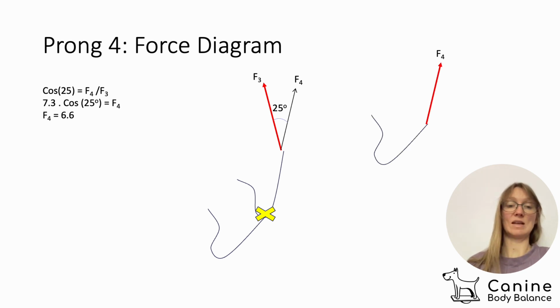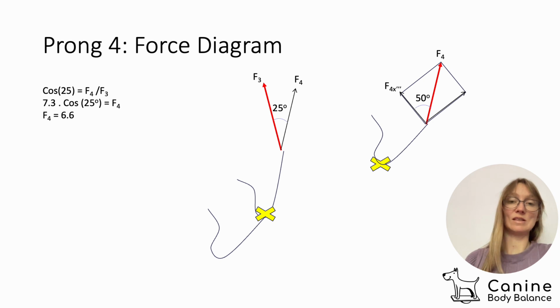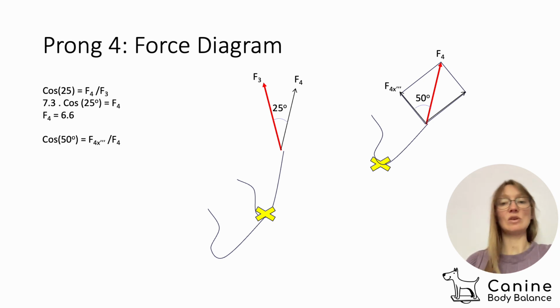So if I bring prong link number 4 over to the side over here, and then I apply F4 to its point of connection with prong link number 3, then we can start to figure out how much force is being applied to the dog's neck on prong 4. Okay, so I added in my axes. Again, you can see the angle changed because we want this one going directly through the fulcrum, which is down here. Let's have a look. So we want to find out what F4x triple dash is. There's our force components. Measured the angle to be 50 degrees, so we use our cosine equation, and it's 4.2